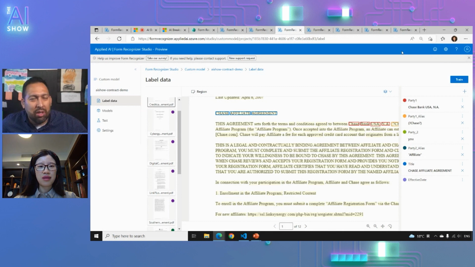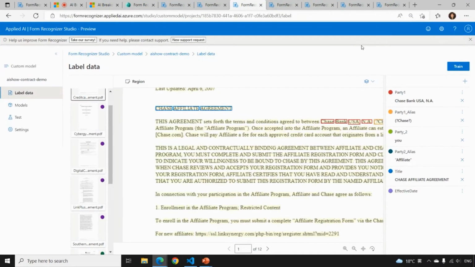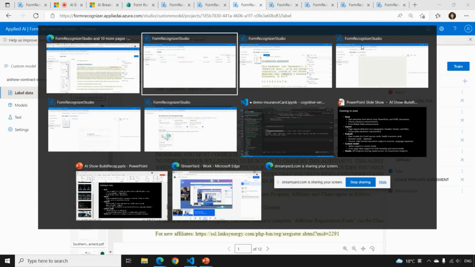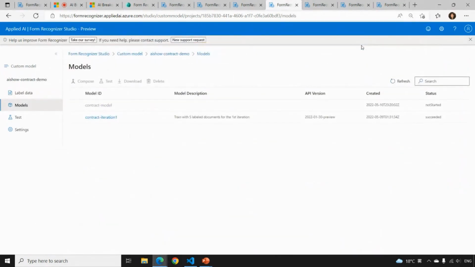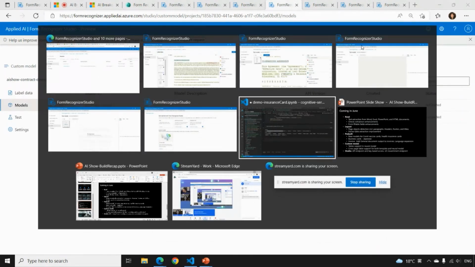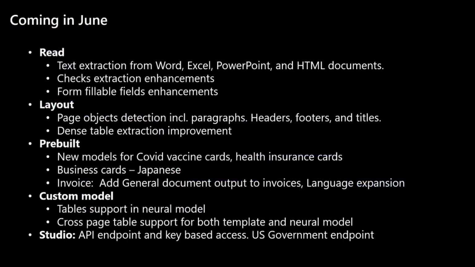What do we have to look forward to in the future? Because I know this is right now, but can you tell us more about what's coming down the pike? Sure. Besides these models I have just introduced, I want to highlight the upcoming features we will be supporting in June.